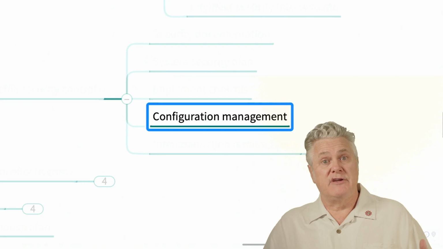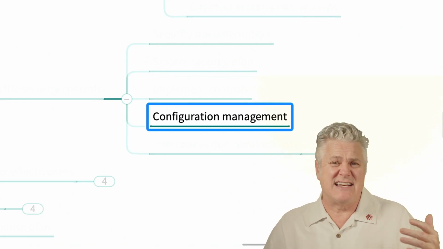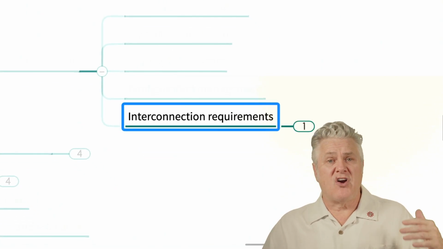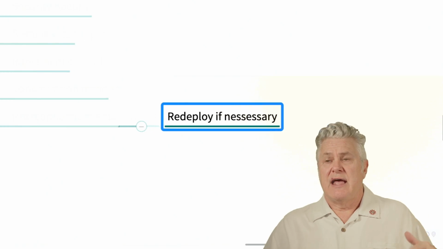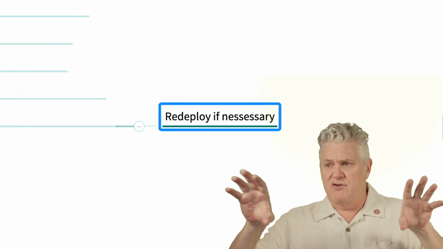Then we'll do good configuration management. We'll fold this up into our change control process, into our incident handling process, into our help desk process. We'll look at our interconnected requirements. And if necessary, from one line of business to another line of business, when we have those two competing ones,